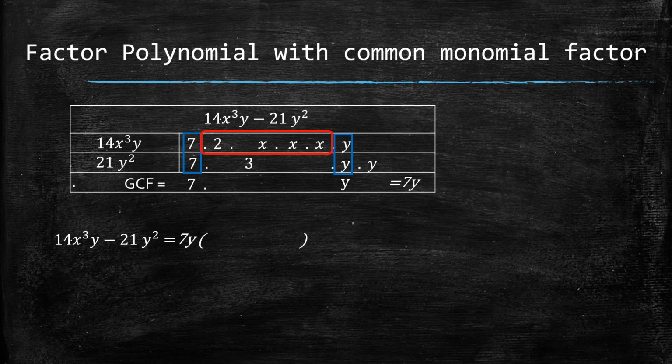2x, x, x. Kung imo na siya i-multiply, that is 2 times x times x times x. The result is 2x cubed. Mauna ang imong isulod sa parenthesis. Okay, 2x cubed. Next, unsa ang nabilin sa next term? You have 3 and y. So 3 times y,